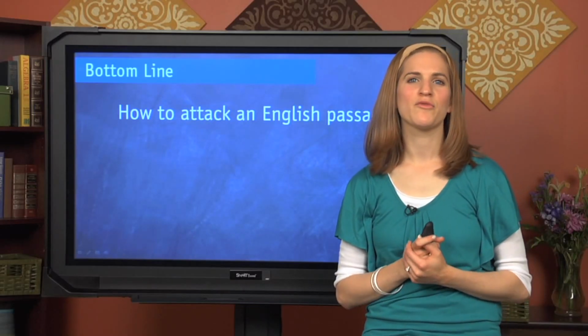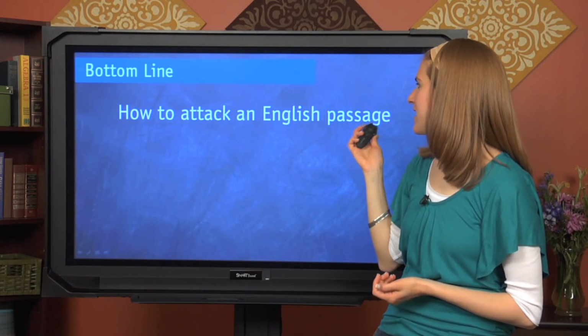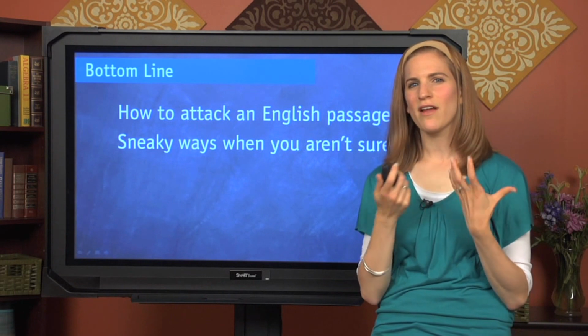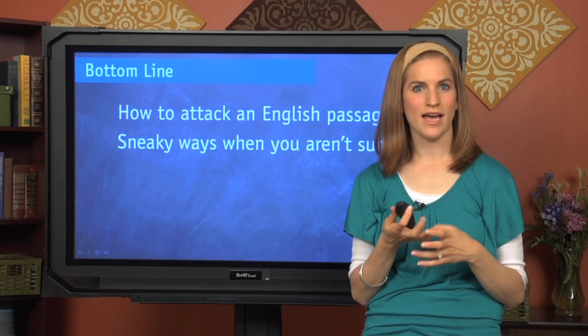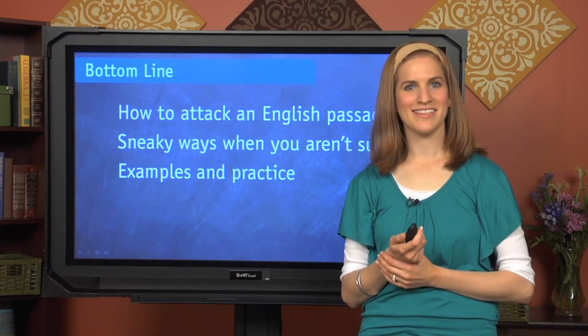We talked about a lot of great strategies in this episode. Let's just recap. First, we talked about how to attack an English passage. We talked about things like skimming beforehand, before you get to the questions. We also talked about those 3 questions you should ask yourself. Does this belong here? Is it grammatically correct? And does it make sense? Then, we also talked about some sneaky things that'll help you if you're not sure how to answer something. Things like, pick the shortest answer because it's correct a third of the time. Don't pick any answer choice that really overhauls the original underlined sentence too much. Last, we did some examples and practice so you'll know exactly what to expect on test day.